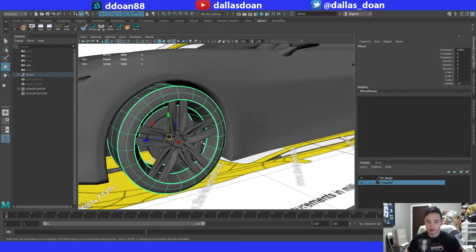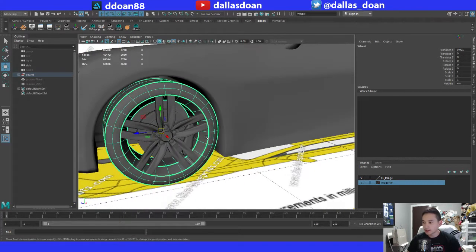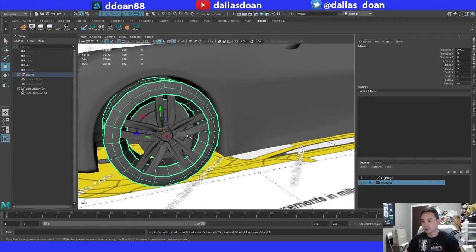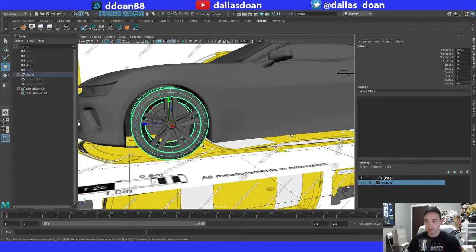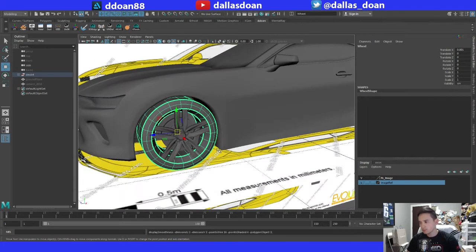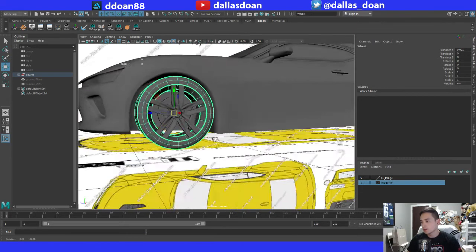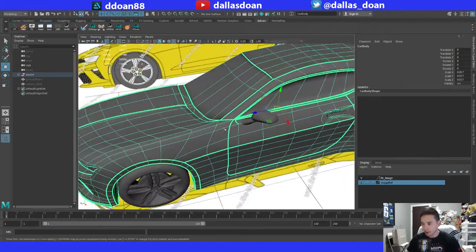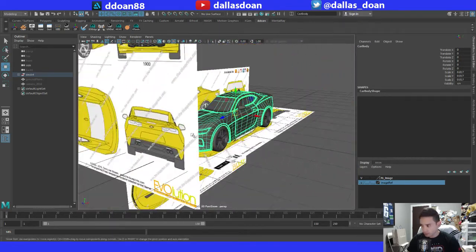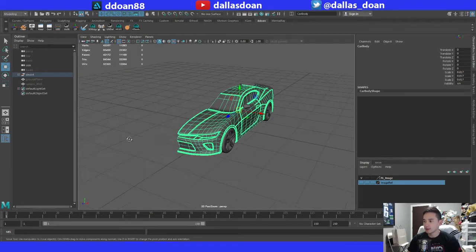So this is using subdivisions in Maya, and for those who don't know what subdivisions are, it's literally when you press the 3 button in Maya, you'll see it being smoothed out, and these thick lines here are just crease edges. Okay, and in case you guys want to look that up,